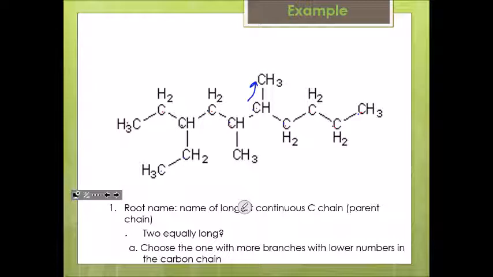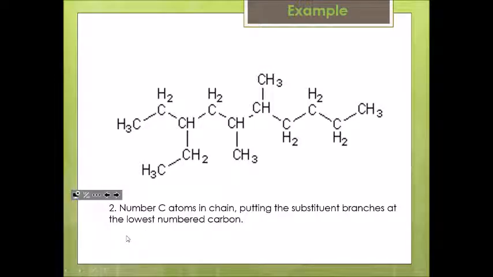So that means if I look at my list, 10 means it's going to be decane. This is going to be my root name because there's 10 carbons in the longest chain. So I'm going to put that on the side there. I have a decane. Now, which way do I number though? This is kind of the idea. Which way should I number? We have our root name. Now let's look at numbering.